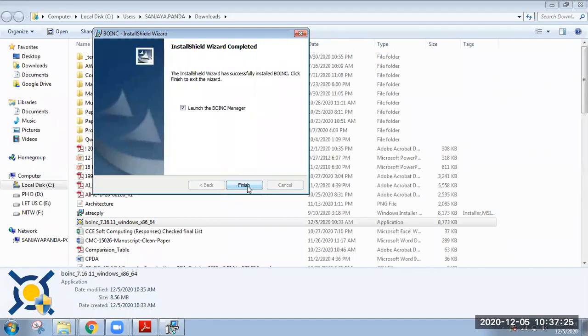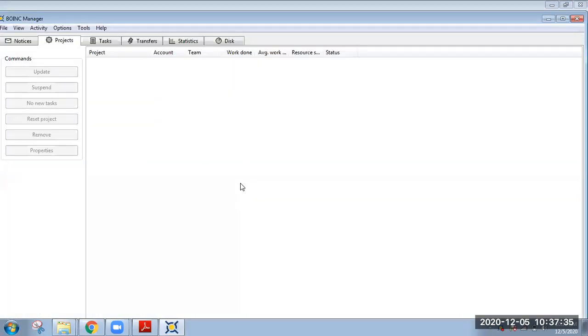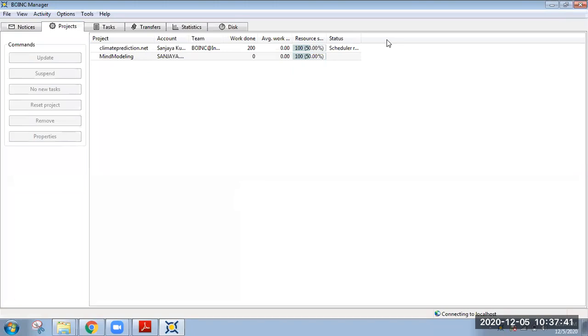By default, it is showing to launch the BOINC manager, so let us launch the BOINC manager. This is your BOINC manager.